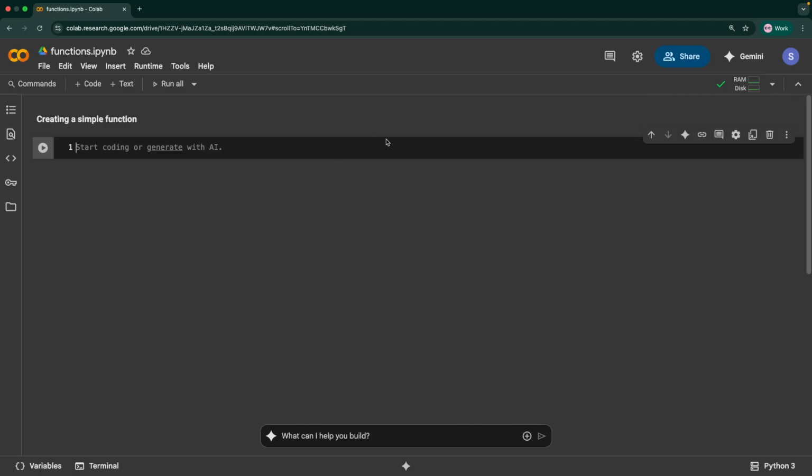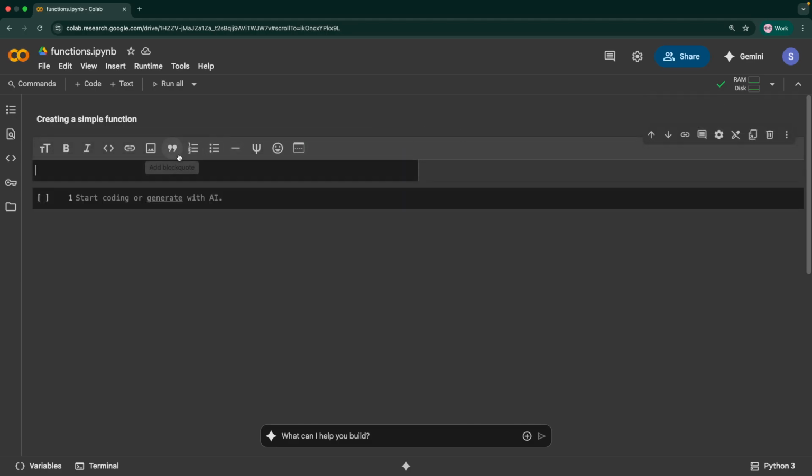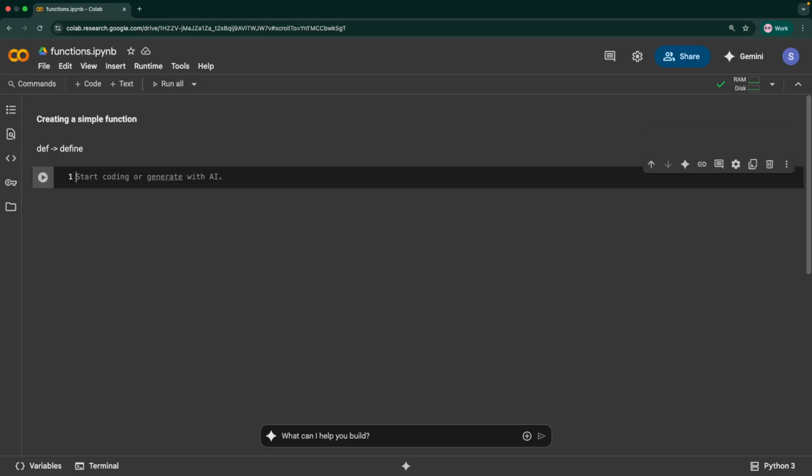So when you're working with functions, you use the Python keyword def, which stands for define. We are going to define the function and reuse it later. Okay, so this is how we can do this. I can say something like def greet, open and close parenthesis, put a colon, and when you press enter, it creates an indentation, right? And then within this, I'm going to say print hello, welcome to the course. Okay, so we have to run this.